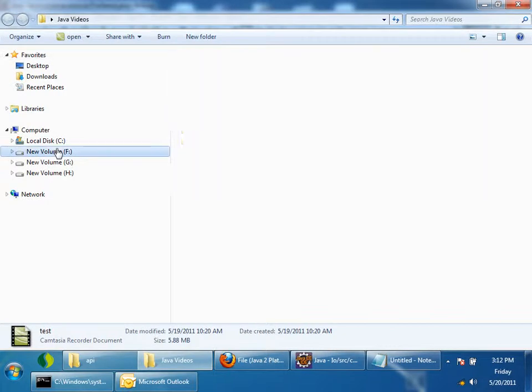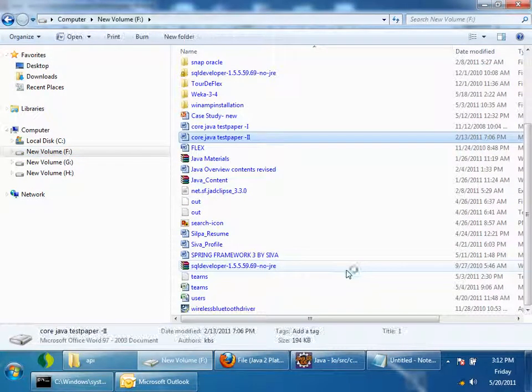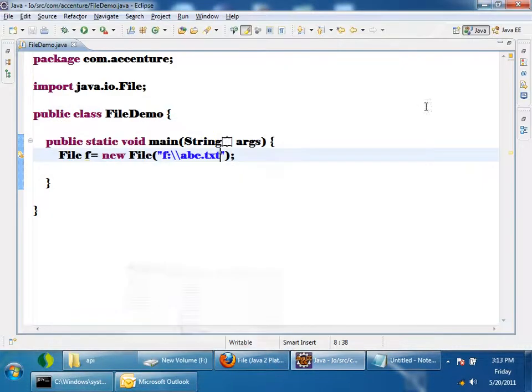I'll just see. In my F drive there is nothing called abc.txt. So this is a logical object which represents a physical file on my system. But I gave a path, I hard coded this path. This path may be existing or may not be existing. Right now it is not there, right?